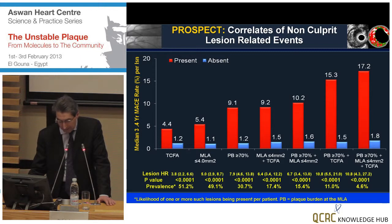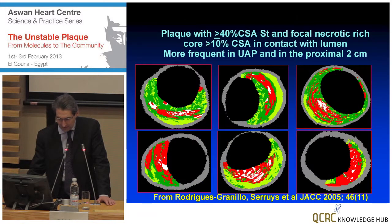If you add to this plaque burden more than 70% and a small lumen area of less than 4 square millimeters, you increase quite significantly, and you may ask yourself whether you really need to wait that this plaque become physiologically impairing flow to treat it, 17.2% of events, 1.8 if you don't have these 3 characteristics. And there is a series of shades of gray for presence of these characteristics combined. You may ask yourself whether the fact that presence of vulnerable plaque is not so highly predictive is